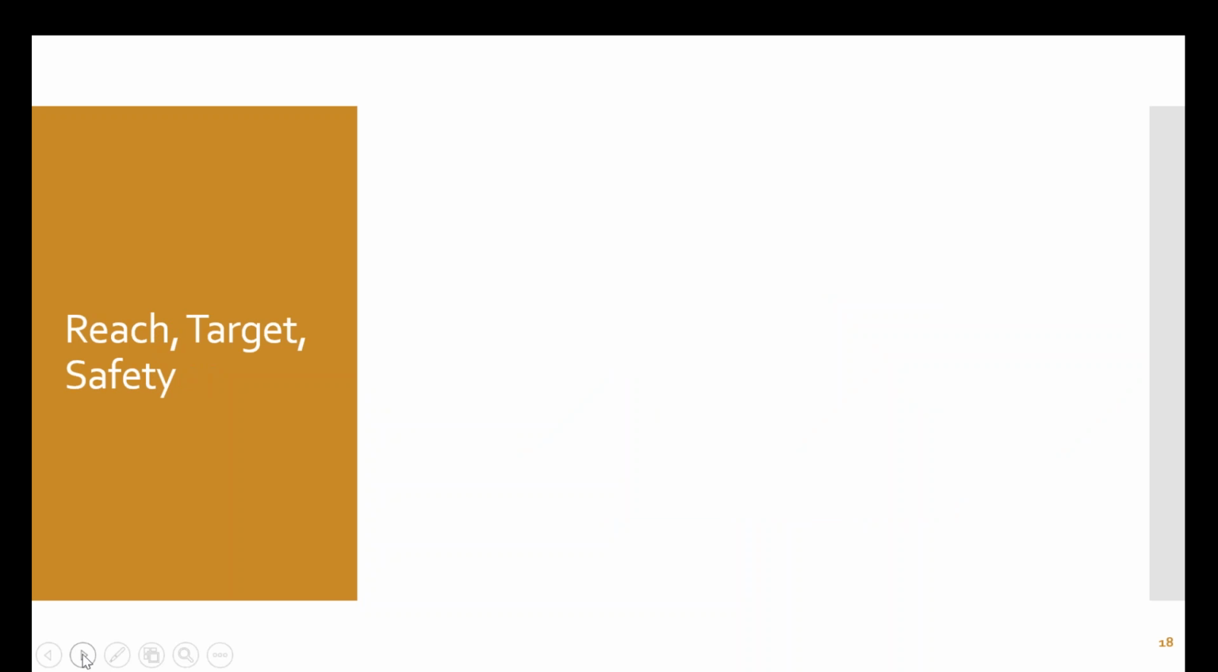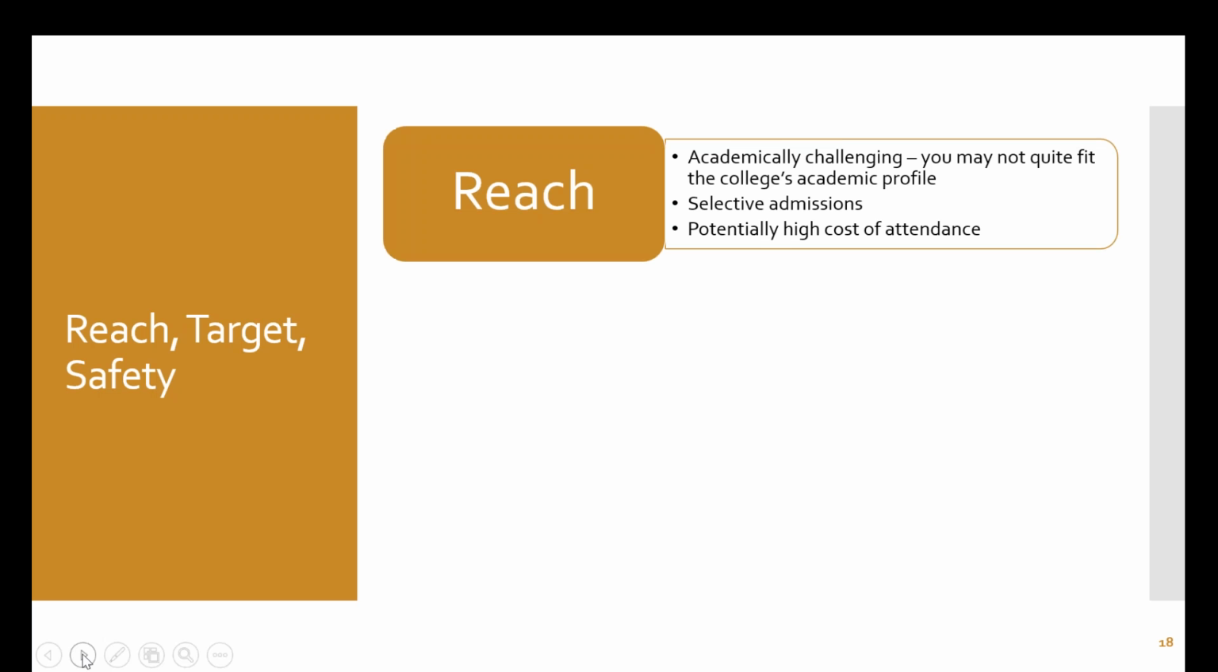Please, students. All the gray hairs I have come from the students that don't apply to at least one. But we have some goals to see if we can get students to apply to a reach, target, and safety school so that they have more opportunities. So a reach school is a school that may not fit the student's academic profile. It may be a selective school, or potentially high cost of attendance, but it's a reach